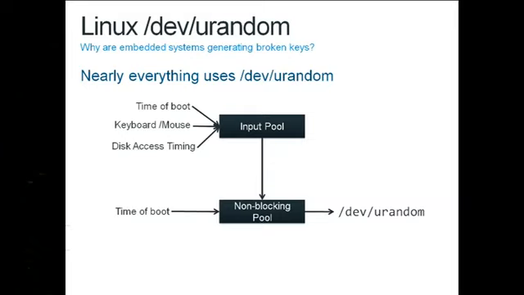So the way Linux generates random numbers is it looks at things like the time of boot, like keyboard and mouse movement, like disk access timing, and it mixes all of these together in something called the input entropy pool. Then periodically, when things read from /dev/urandom, it mixes in the time the system turned on, mixes in stuff from the input pool and gives you back some bits. Well, on a headless device, let's think about your Netgear router at home. You probably don't have a keyboard and mouse plugged into it. It doesn't have a traditional disk. It might not even have a clock.